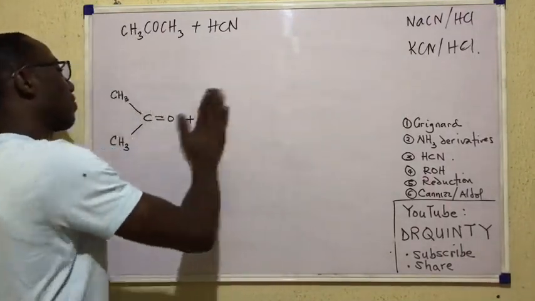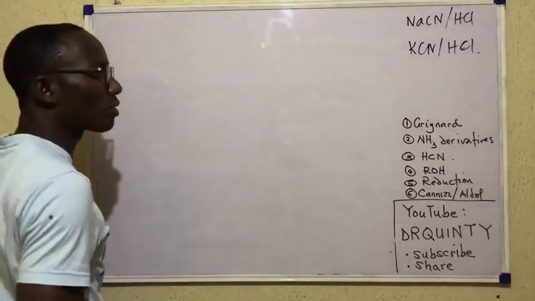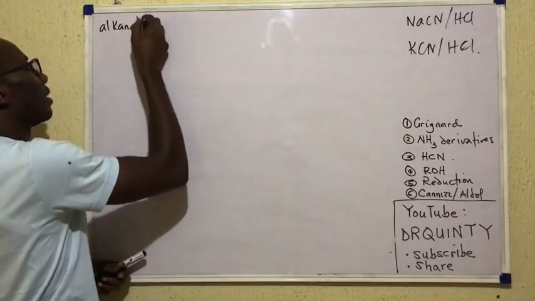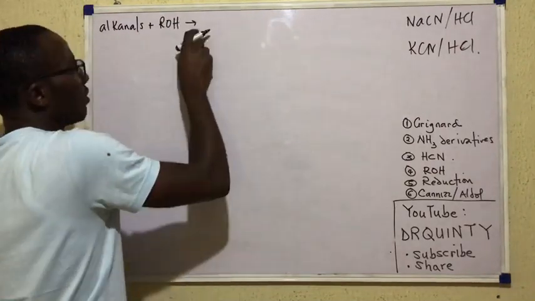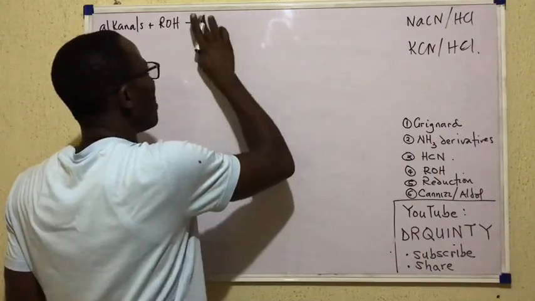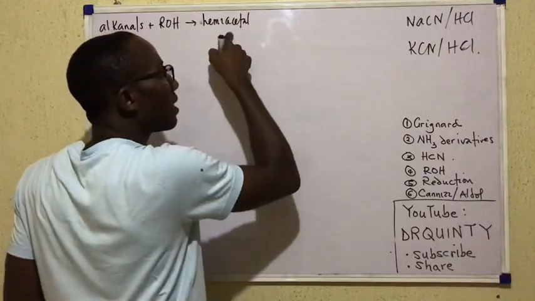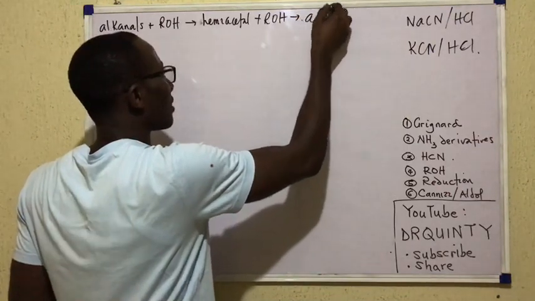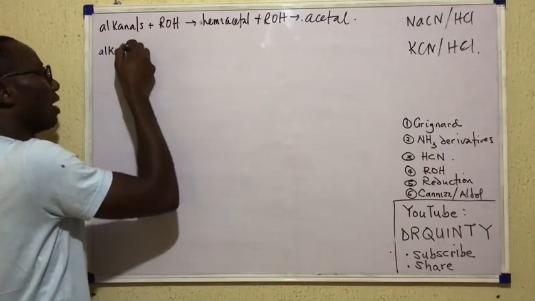Now beyond that, let's look at their reaction with alcohols. I'll summarize that reaction first. What happens when carbonyls react with alcohols? Here is the story. For alkanals, when they react with alcohols, they do so in 2 steps. In the first step, the alkanal will give us what we call a hemiacetal. Then when that hemiacetal combines with another mole of alcohol, we get an acetal. In the case of alkanones,